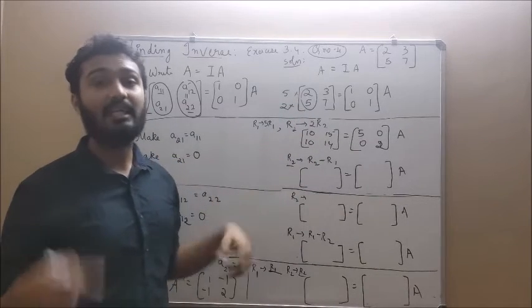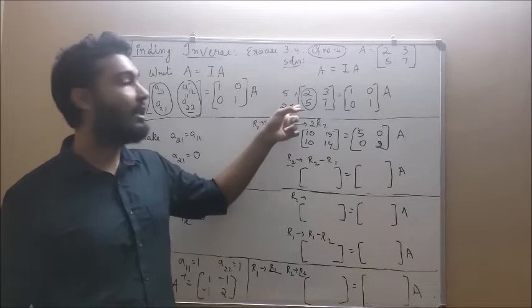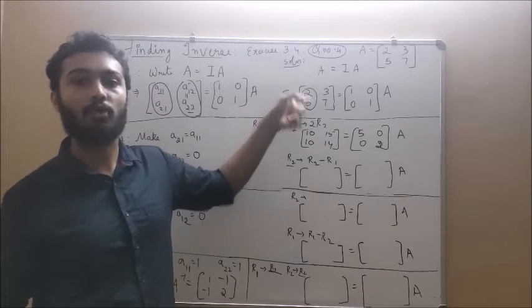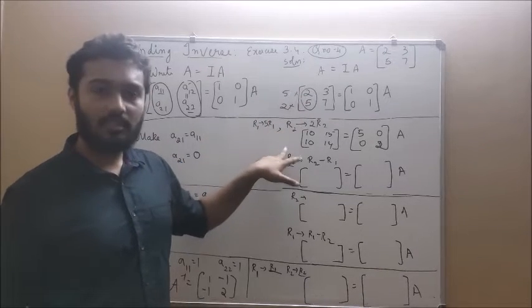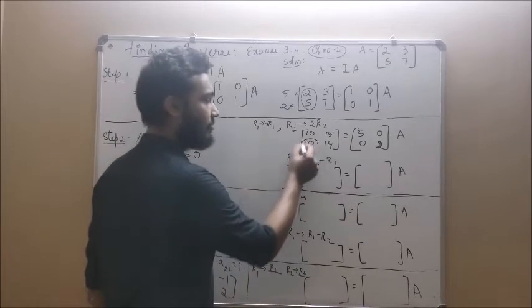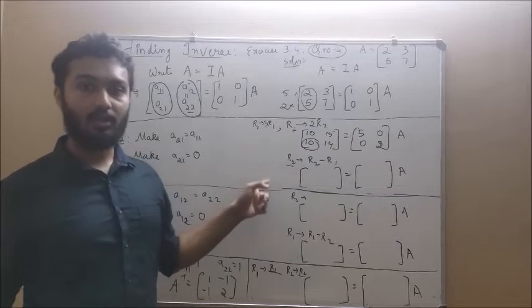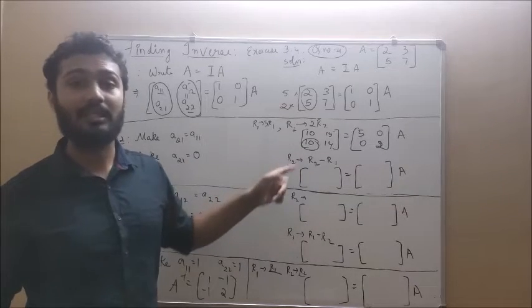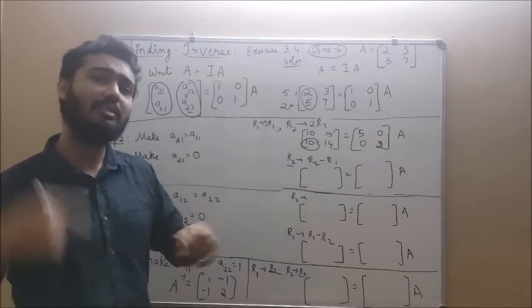So to make it equal here, it's a special case. To make it equal, we are multiplying by the opposite number so that both become equal, almost like the LCM method. We made this equal. Now we have to make this 0. How to make this 0? R2 changes to R2 minus R1. Simple. After making it equal, to make it 0, R2 minus R1.